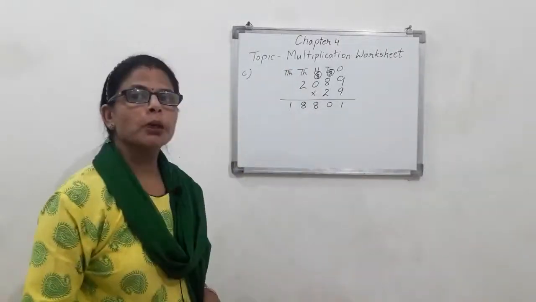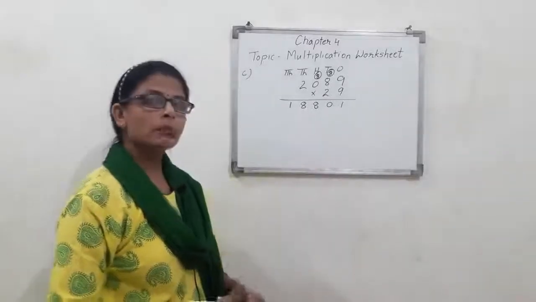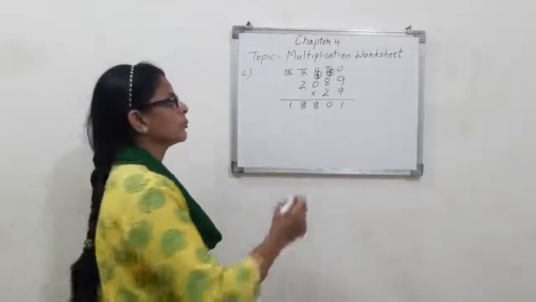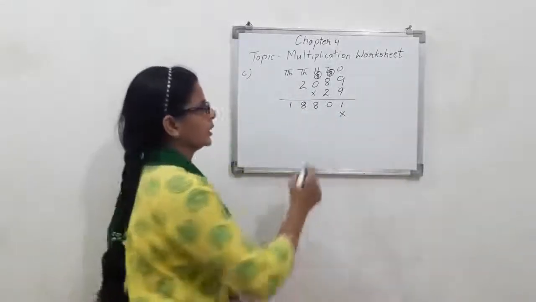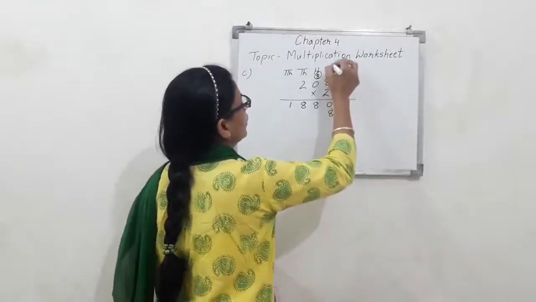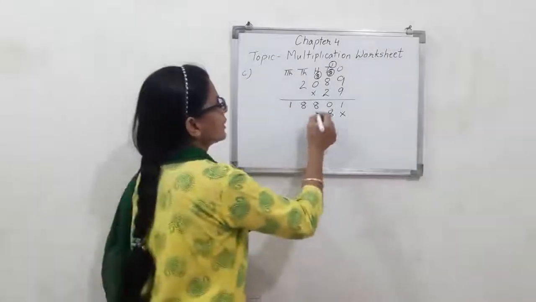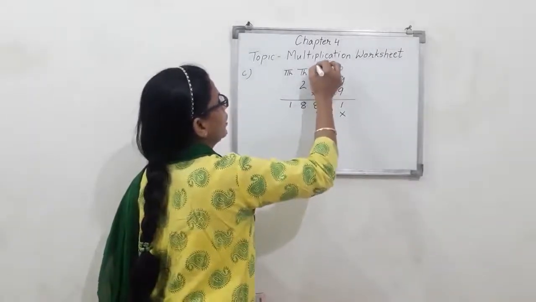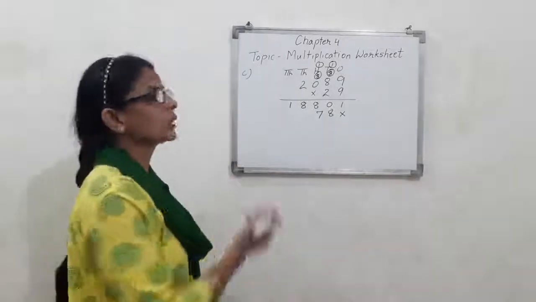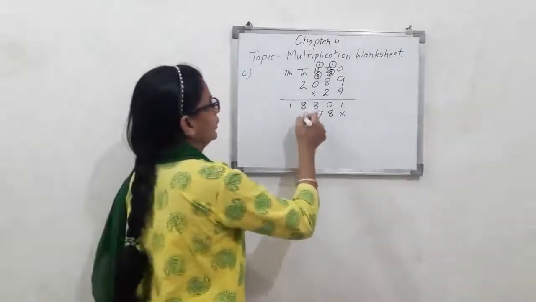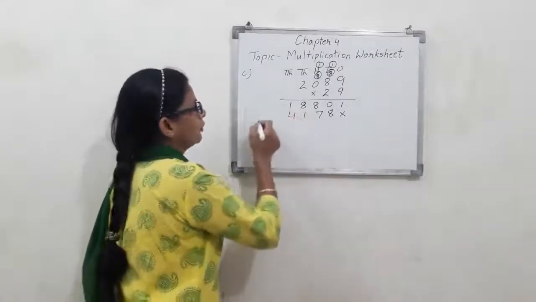Now we have to multiply by the tens place. What is tens place? 2. So ones place will be replaced by what? Yes, it will be replaced by cross. 2 9s are 18. 8. 1 will be carried on the tens place. 2 8s are 16. 16 and 1, 17. 7. 1 will be carried on 100 place. 2 zeros are 0. 0 plus 1, 1 only. 2 twos are 4. Now we have to add them.